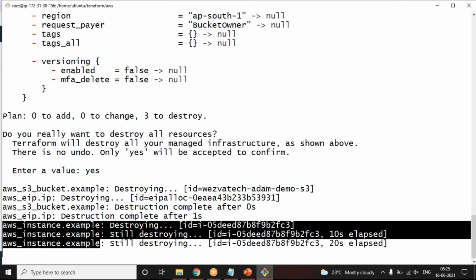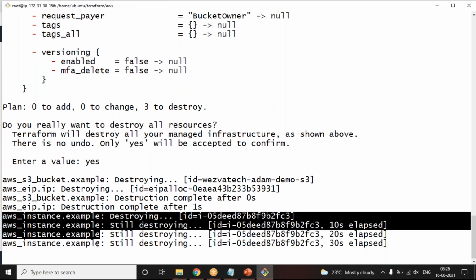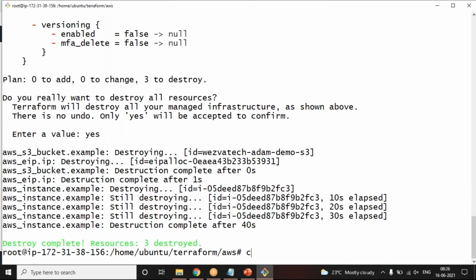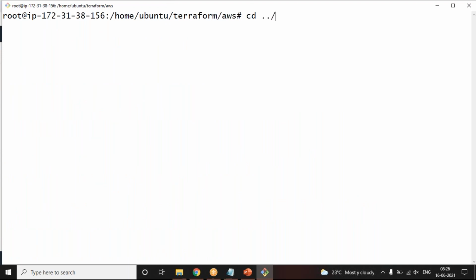However, only after the Elastic IP is destroyed, then the other resource can be destroyed, because of the dependency. Now, this is the same logic which we also used in our Docker example. So if I go back to this,